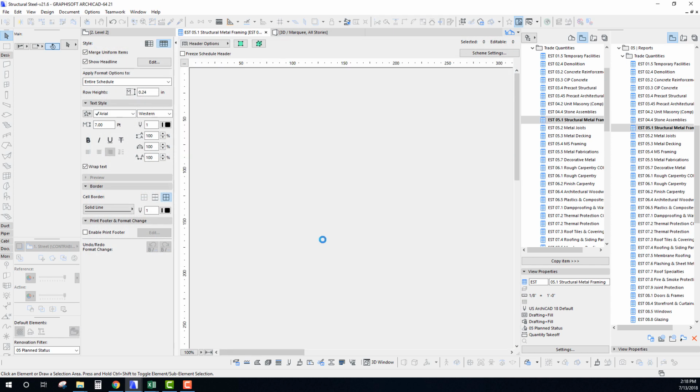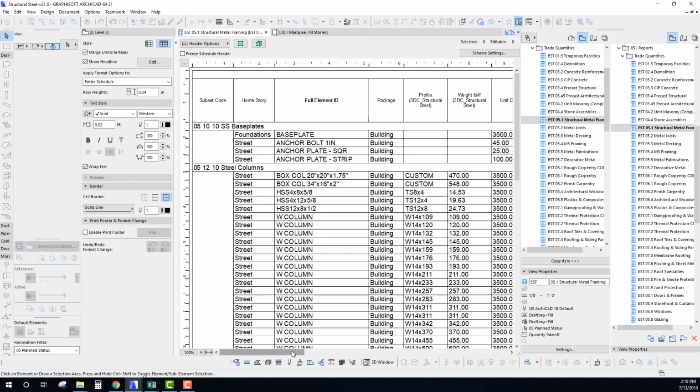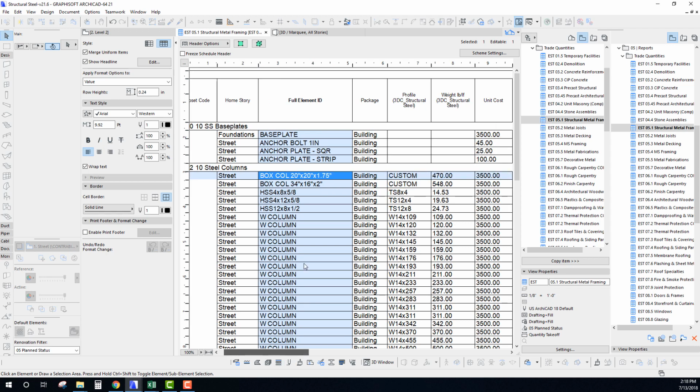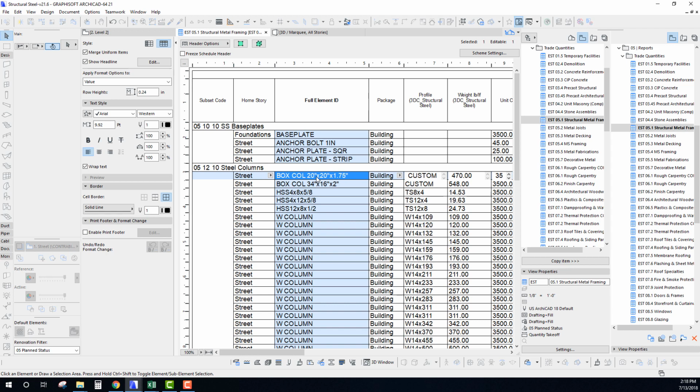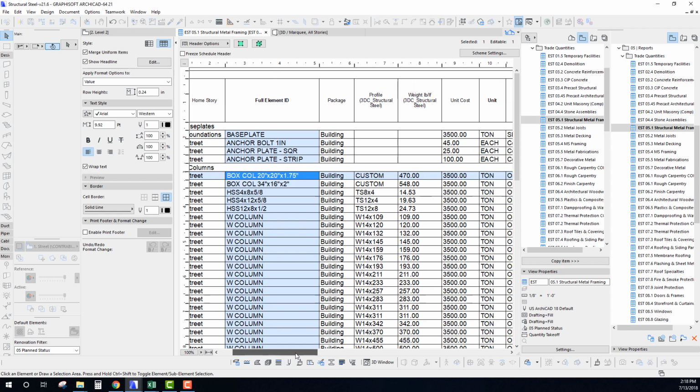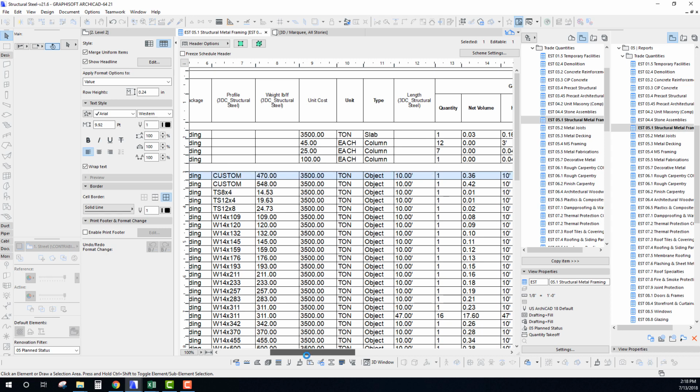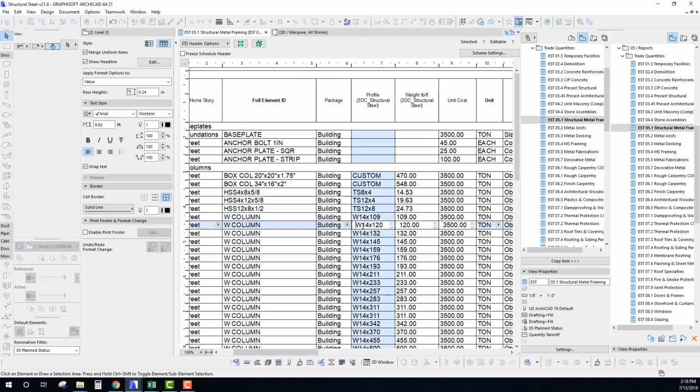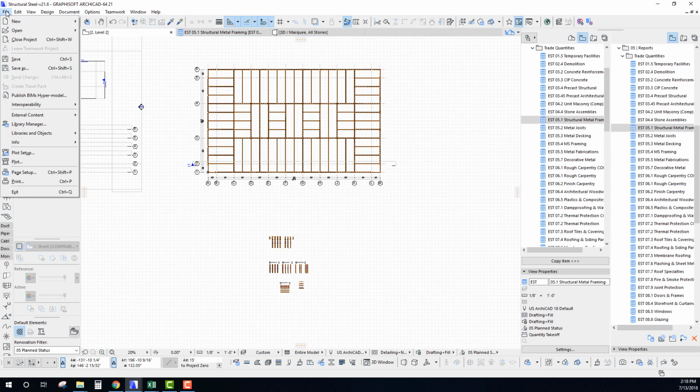So okay, so I'll hit OK here, and this will just reload real quickly. And okay, so we can see we have stuff for our base plates, and again, these are all kind of pulled off to the side of the project, which is fine. We'll take those and add them into our project here shortly. And okay, so if we look at this, we can see that we have several here, and what I really want to point out here is that this particular parameter is actually coming from as an IFC parameter. And so let's go back, and I want to show you where that's actually coming from,